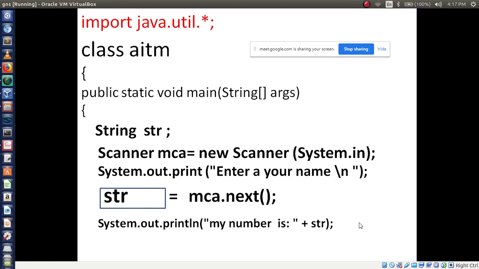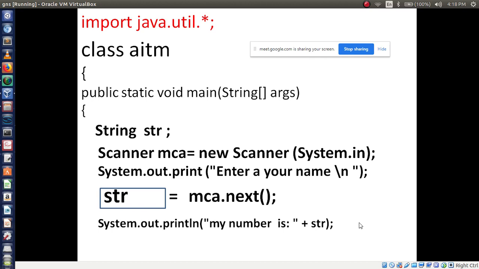Okay. Will you write a program for me? Take object name as xyz, then string name as abc, right? Then okay, write down this program.